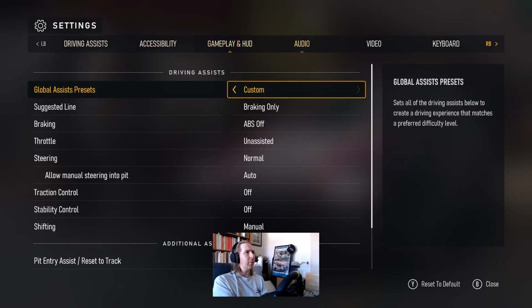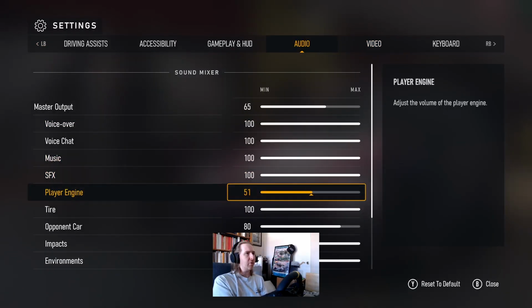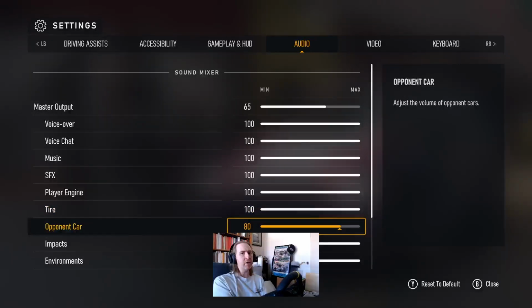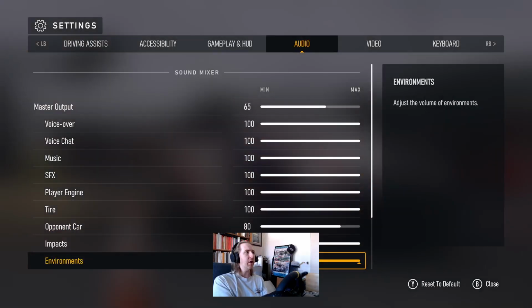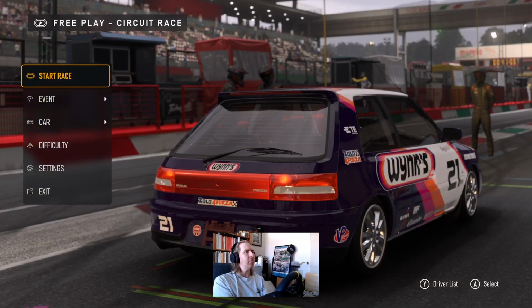I'm going to go back into settings. I'm going to go to audio. I need to turn the player engine back to 100%. And for those of you, if the opponent cars, if the engine's too loud and you can't hear yours, this is where you change it. I dropped it down to 80 for the Vette. It seems to balance out nicely, so that should work fine. We'll leave that alone. And again, I have master output at 65, mainly to help manage the stream volume compared to my lovely radio voice. So let's go ahead and close that, save, and